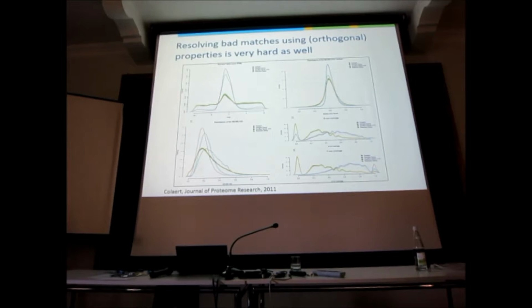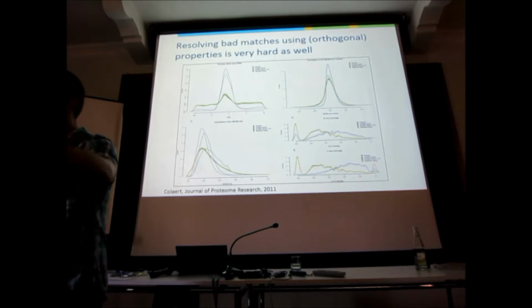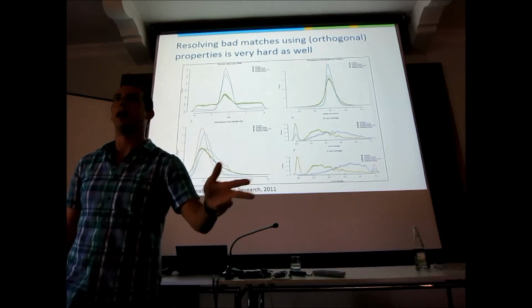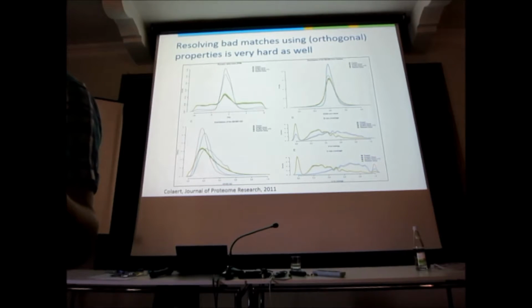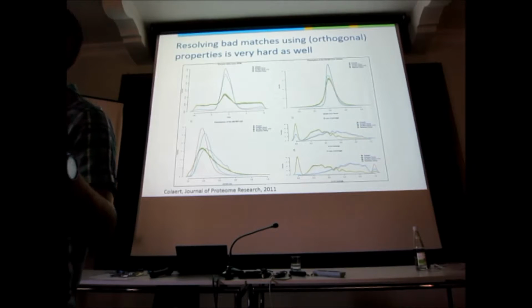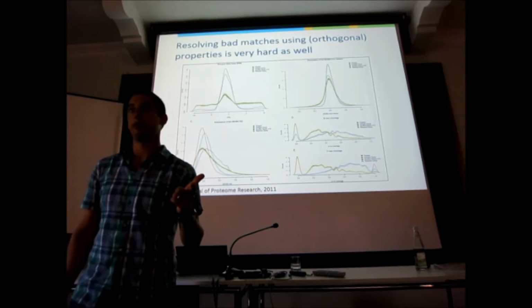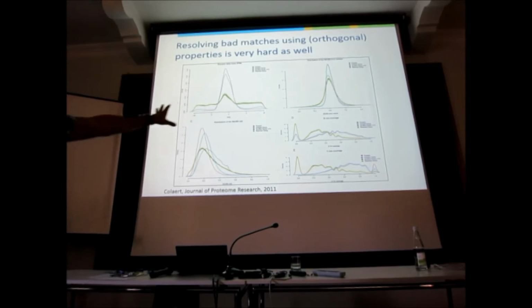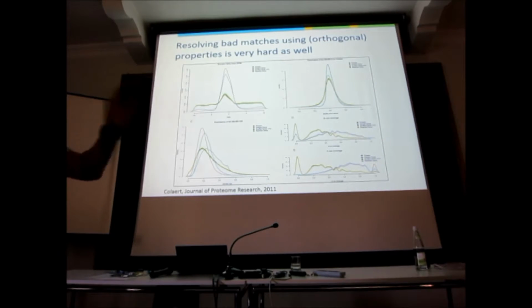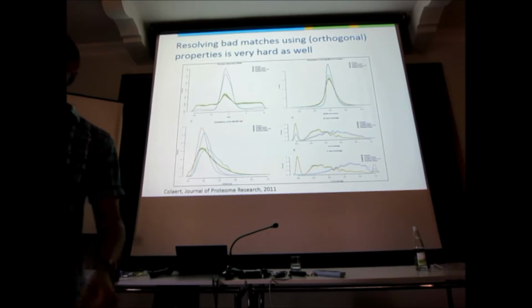Okay? So there's a lot of work to be done here to fix this problem, because you don't notice it when you search human. You don't find it when you search yeast. You don't find it when you search E. coli. But you find it when you search yeast with 15 variable modifications. You find it when you do a proteogenomics study. You find this when you do a meta-proteomics study. Not to this extent, not that bad, but you see the tail of this thing, which you have seen in the previous slides. And that is a problem that we currently cannot fix very well.